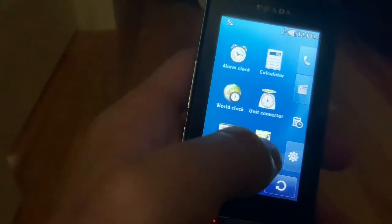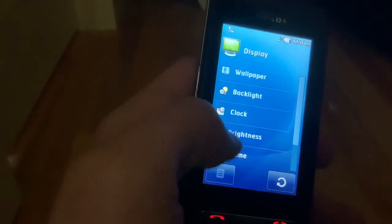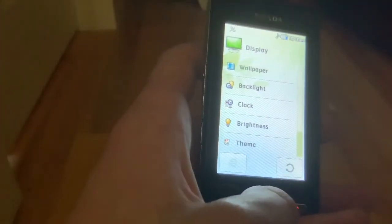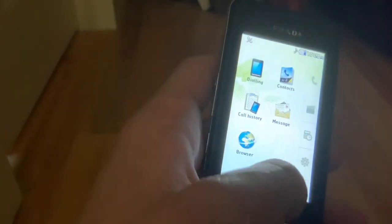If we jump into the calculator here, it's just kind of a different color theme. Same wallpaper, but different sort of skin going on here. And take a look at the other themes here. We got the butterfly theme. Icons are the same, but the color palette is just kind of changed up, and we also have this different background for the menu. And you get a special butterfly wallpaper, which I don't remember how to...